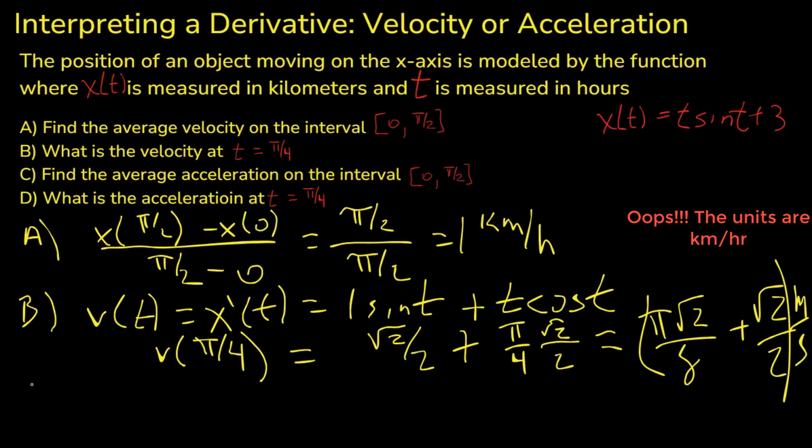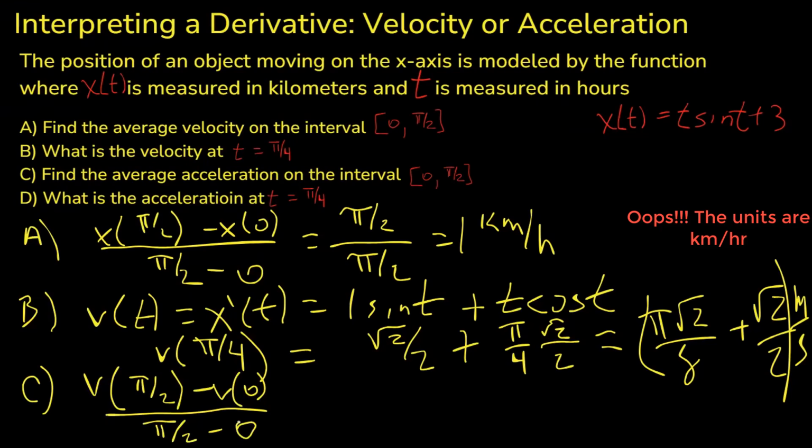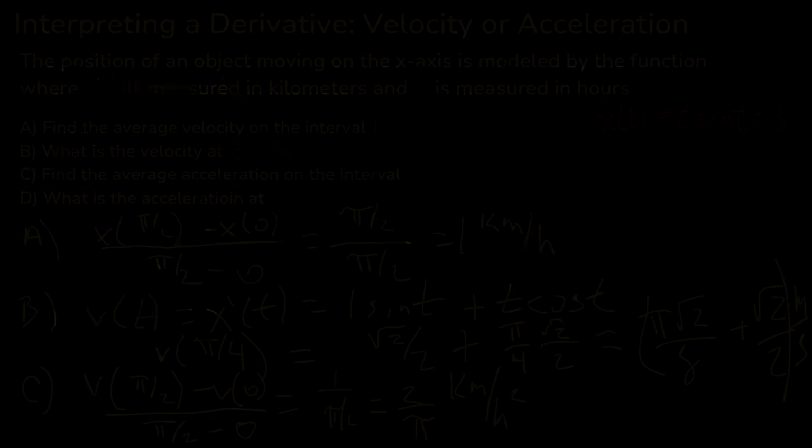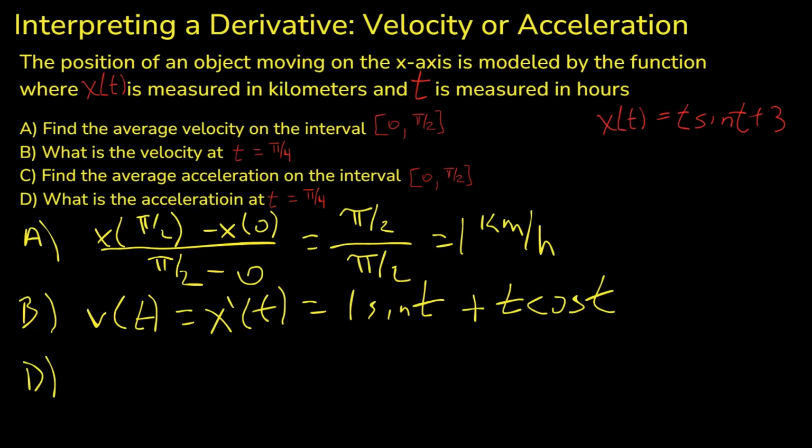Part C, if we want the average acceleration, we would have to do the change in velocity over the change in time. And that's going to simplify to 1 over pi over 2, or 2 over pi kilometers per hour squared. And then part D, the acceleration function is equal to the derivative of the velocity function. So the derivative of sine is cosine,